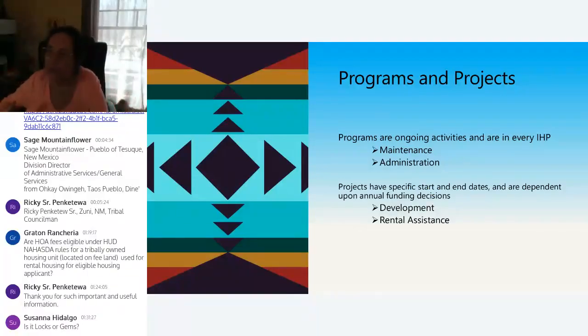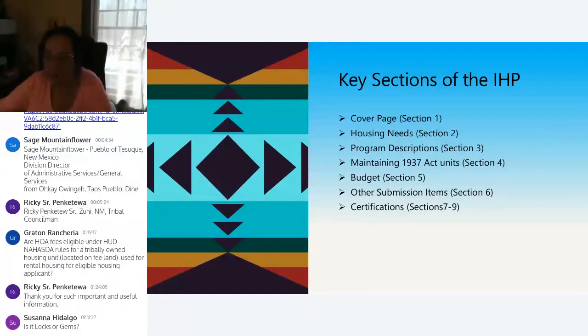So when you use your IHP or your APR, you have to remember programs and projects are two different things. A program is an ongoing activity. They're in every single IHP. It's your maintenance, your administration. Your projects have a starting and an ending date, so they're dependent upon how much you're going to spend, your funding decisions for that year. How many houses am I going to develop? How much rental assistance am I going to give? Am I going to run